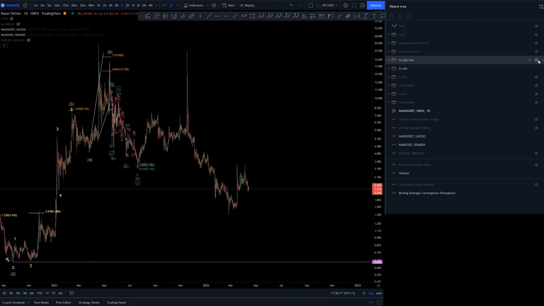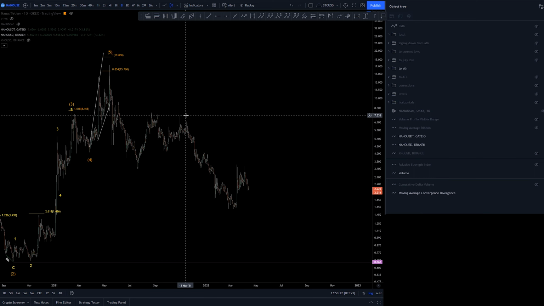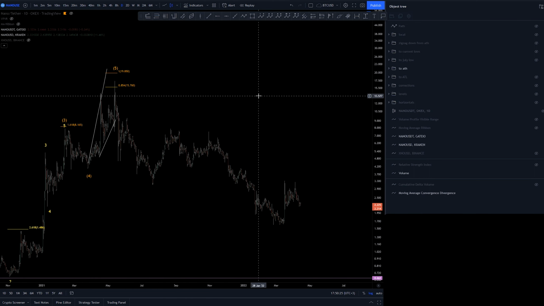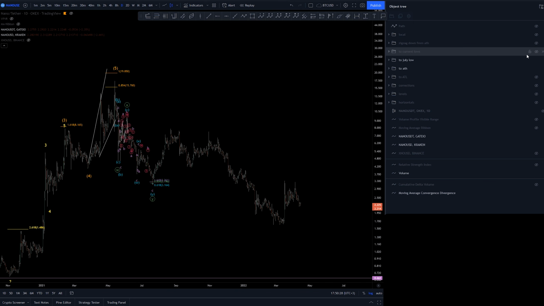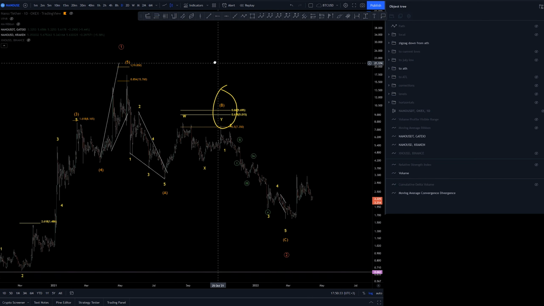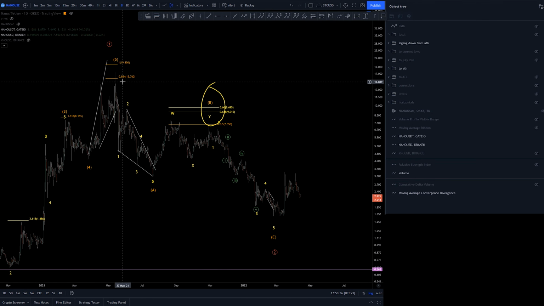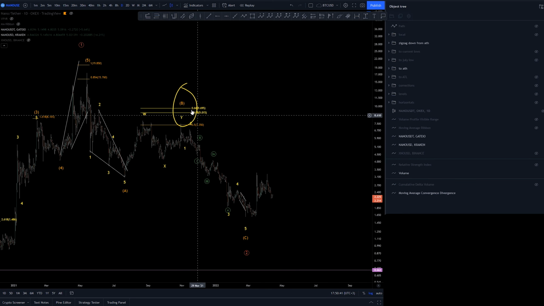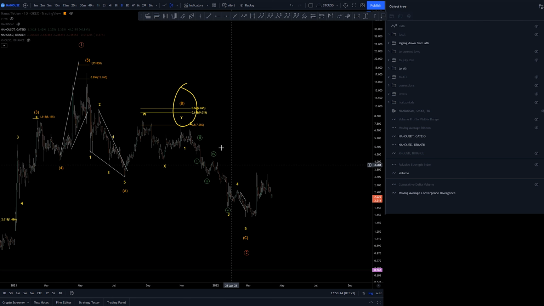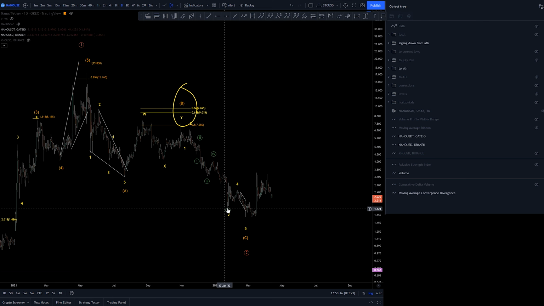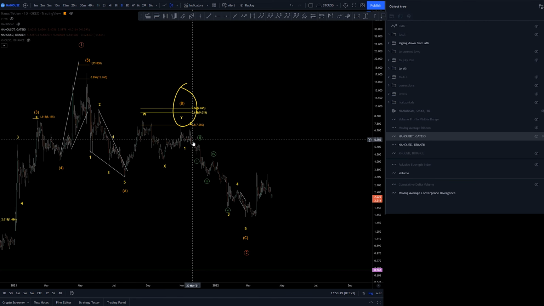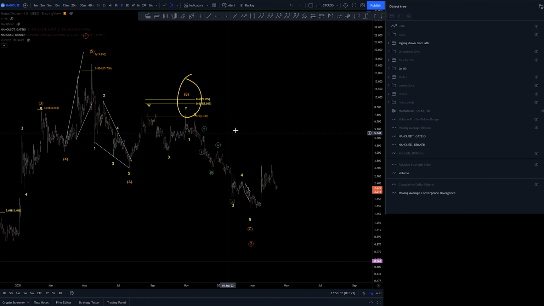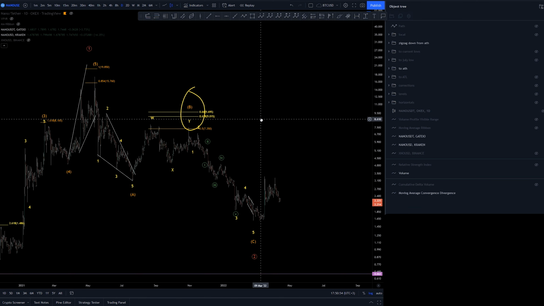Now if we are ignoring this wick and would like to go with another exchange, it doesn't have this kind of structure at all, so instead of this ABC, I would like to go with this 1, 2, 3, 4, 5, a nice looking diagonal, a leading diagonal into A, B and 5 waves in C, with an extended third